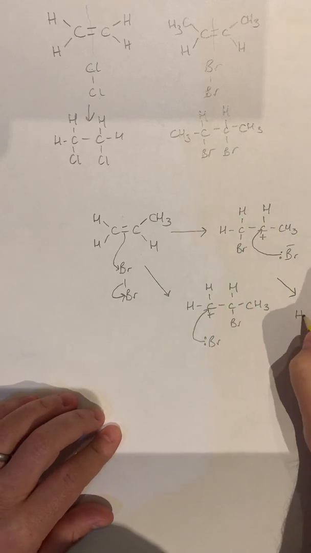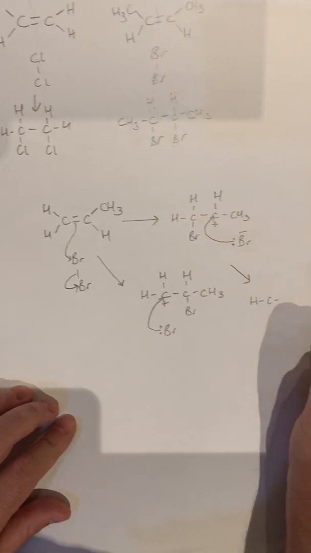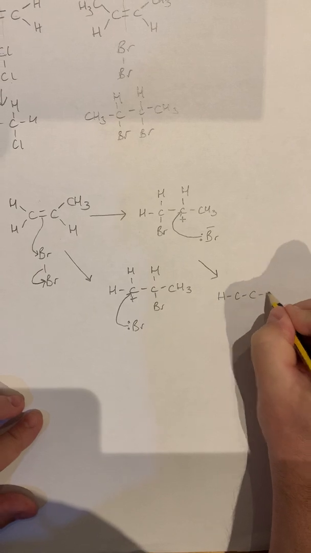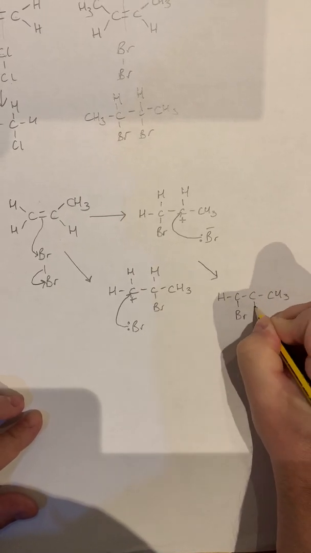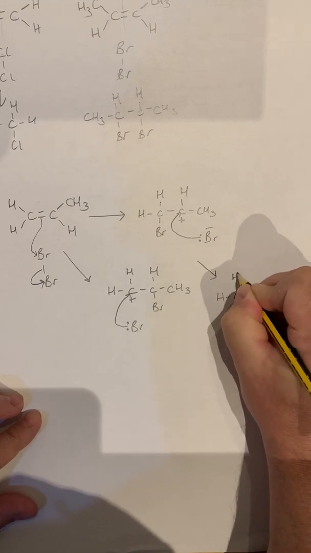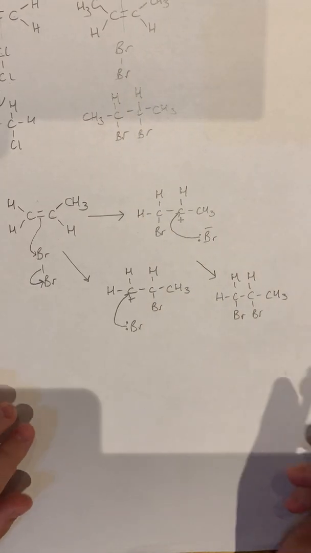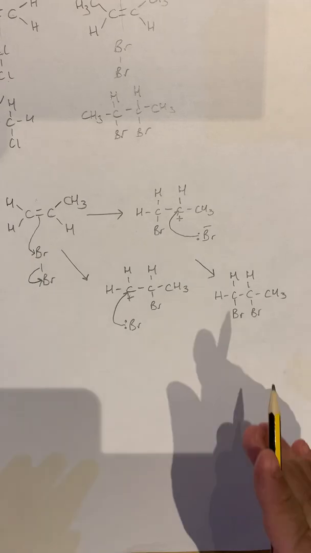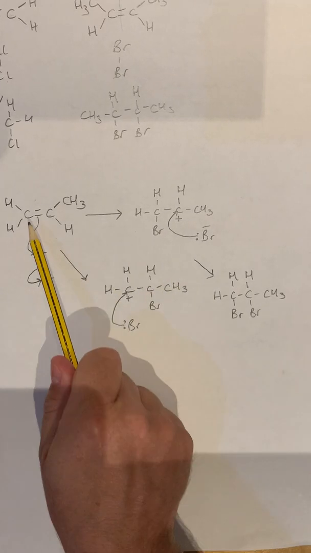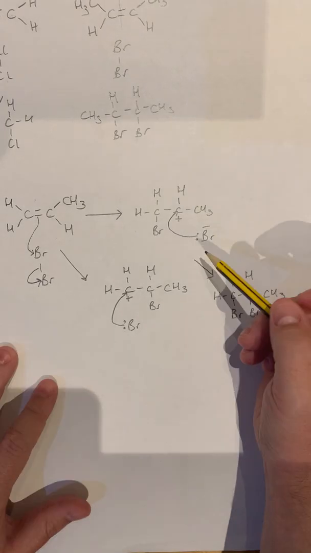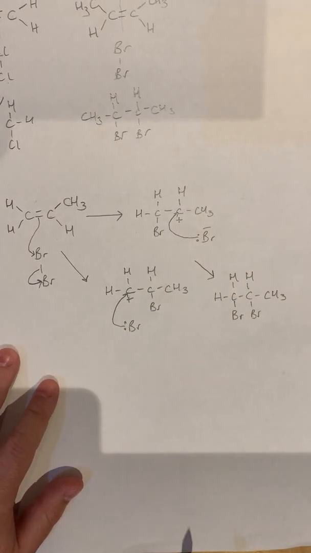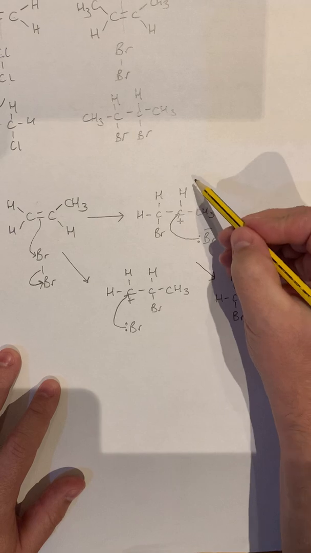So we're going to end up with, make sure you can see that, just one product. There's no difference with that, and that's because we're adding a bromine to one carbon in the double bond and we're adding another. The point of this, why I asked this at the end of the first alkenes mechanism, is